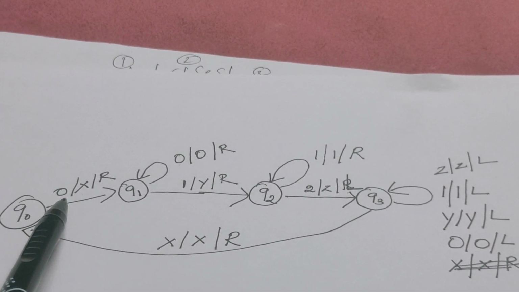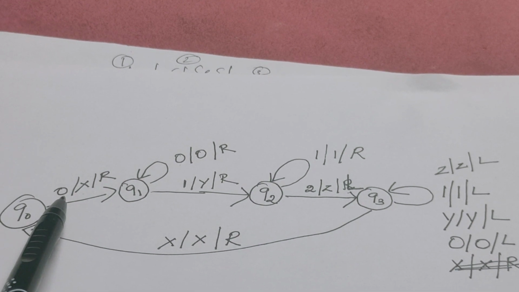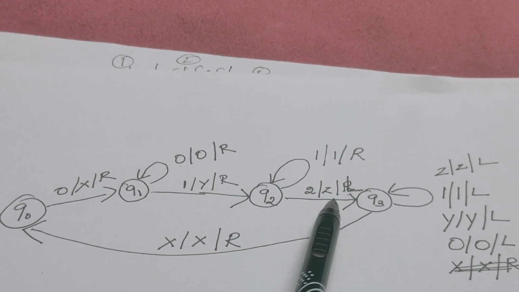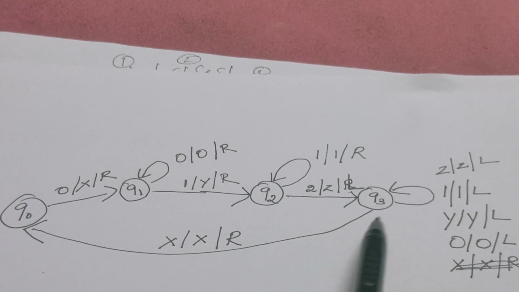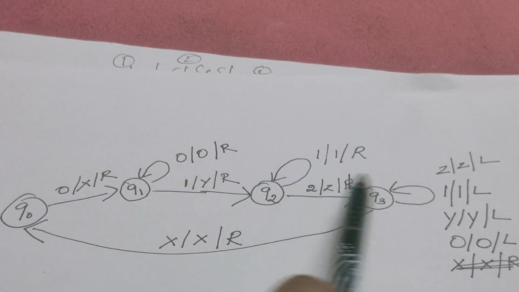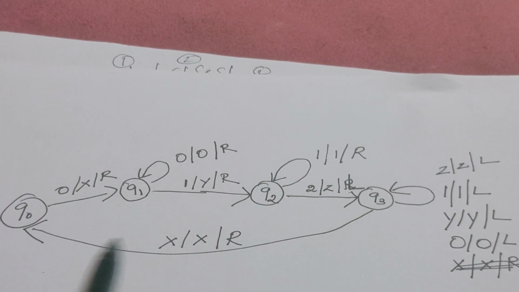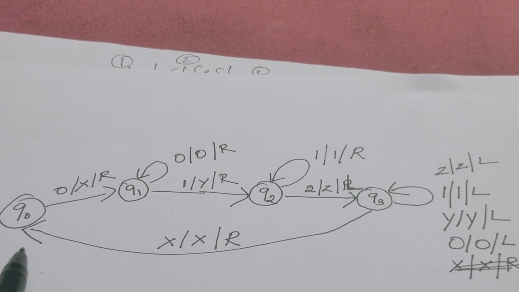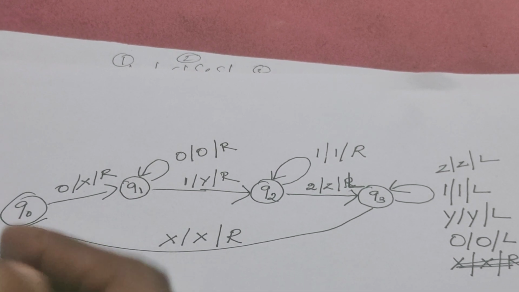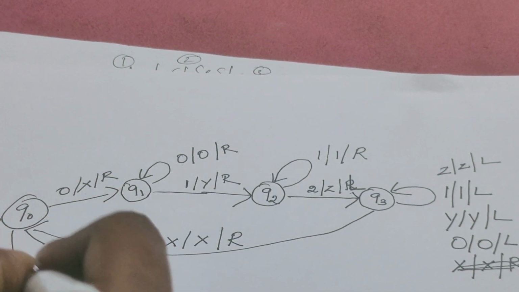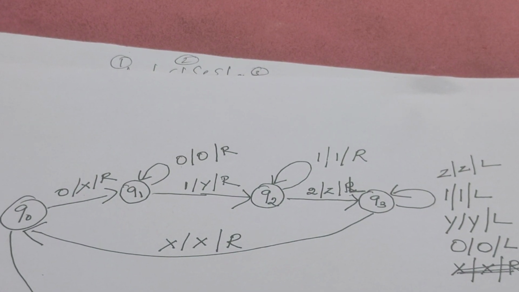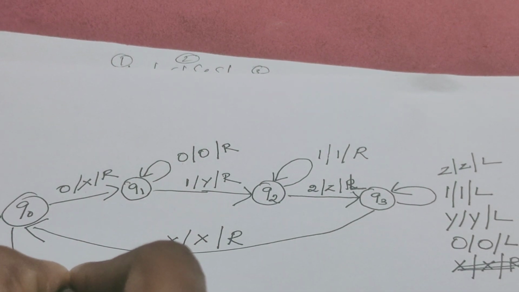As soon as it reaches X, from Q3 the state is changed to Q0. Again, it will continue to read the input. Another 0 will be replaced by X. Another 1 will be replaced by Y. Another 2 will be replaced by Z. Then it is going to move in the left to find X. So, this loop will replace all zeros by X, all ones by Y, and all twos by Z. At one point, what happens? From the state Q0, there will not be zeros at all, right? If there are no zeros, it will be reading Y's.